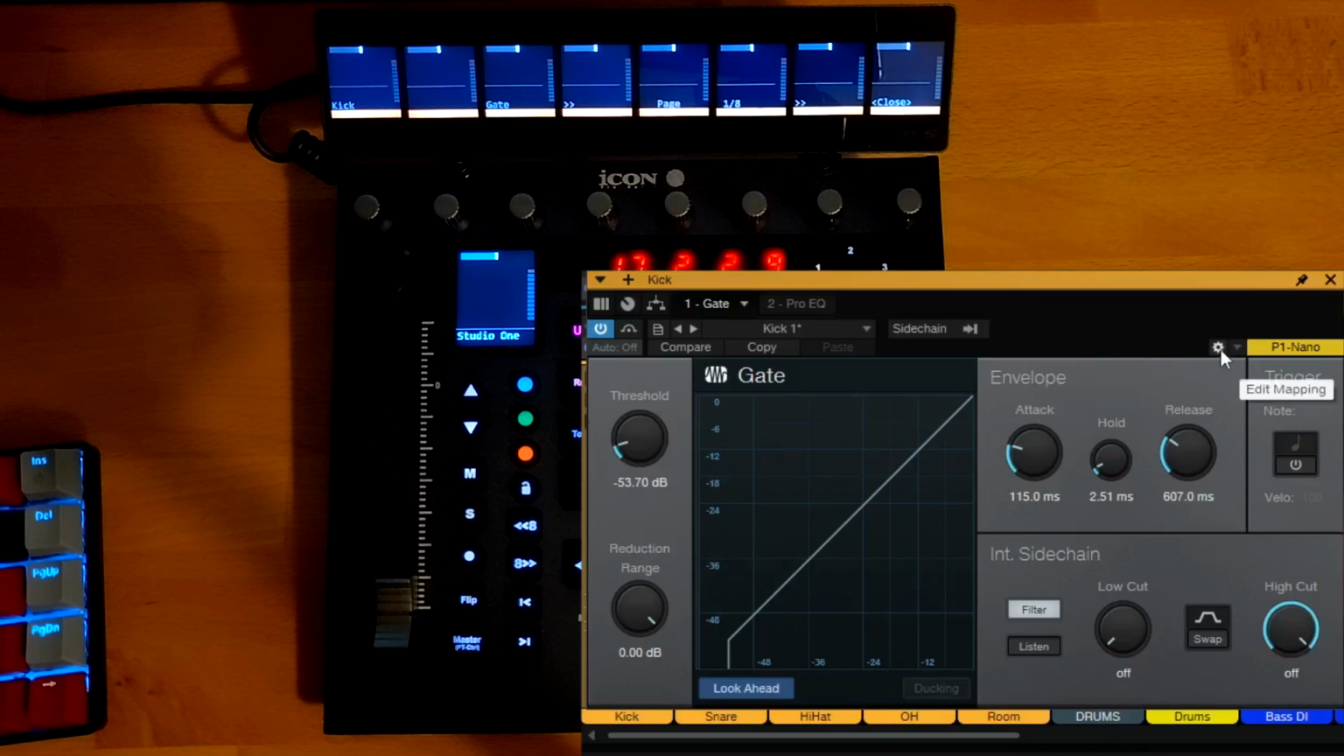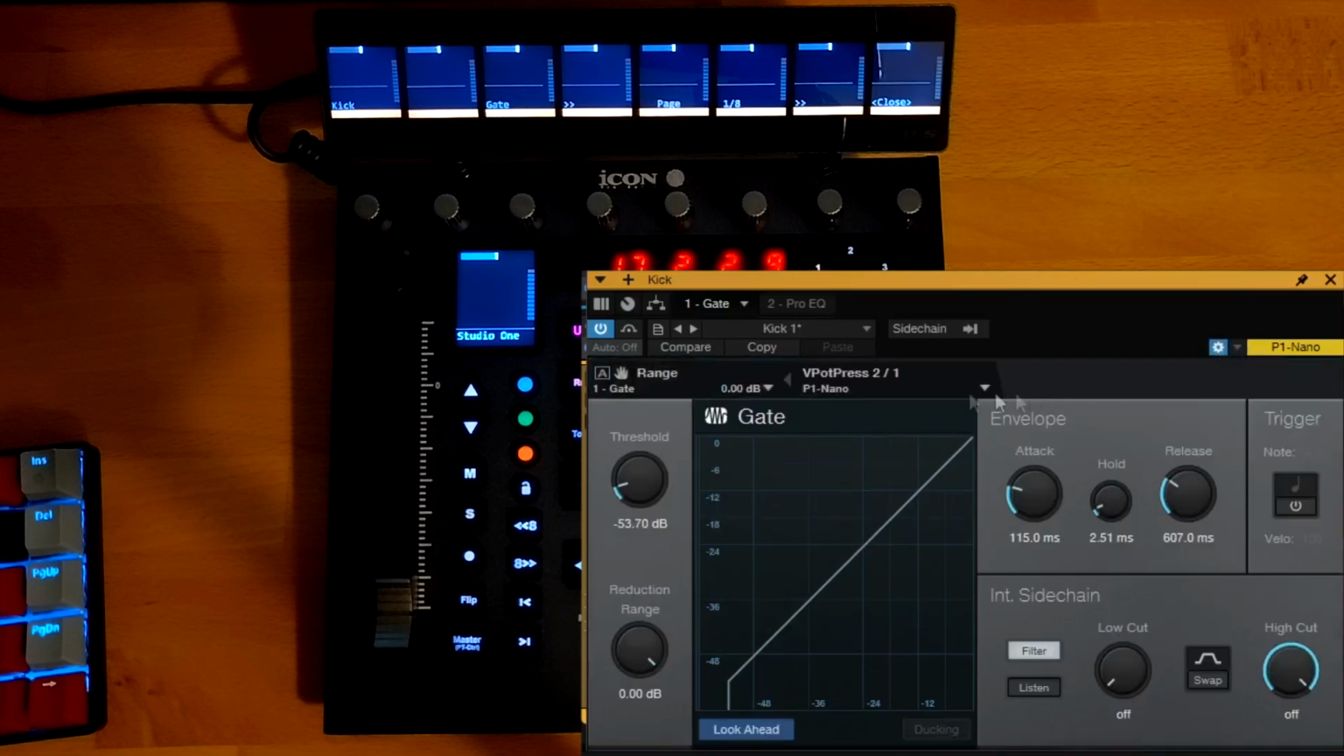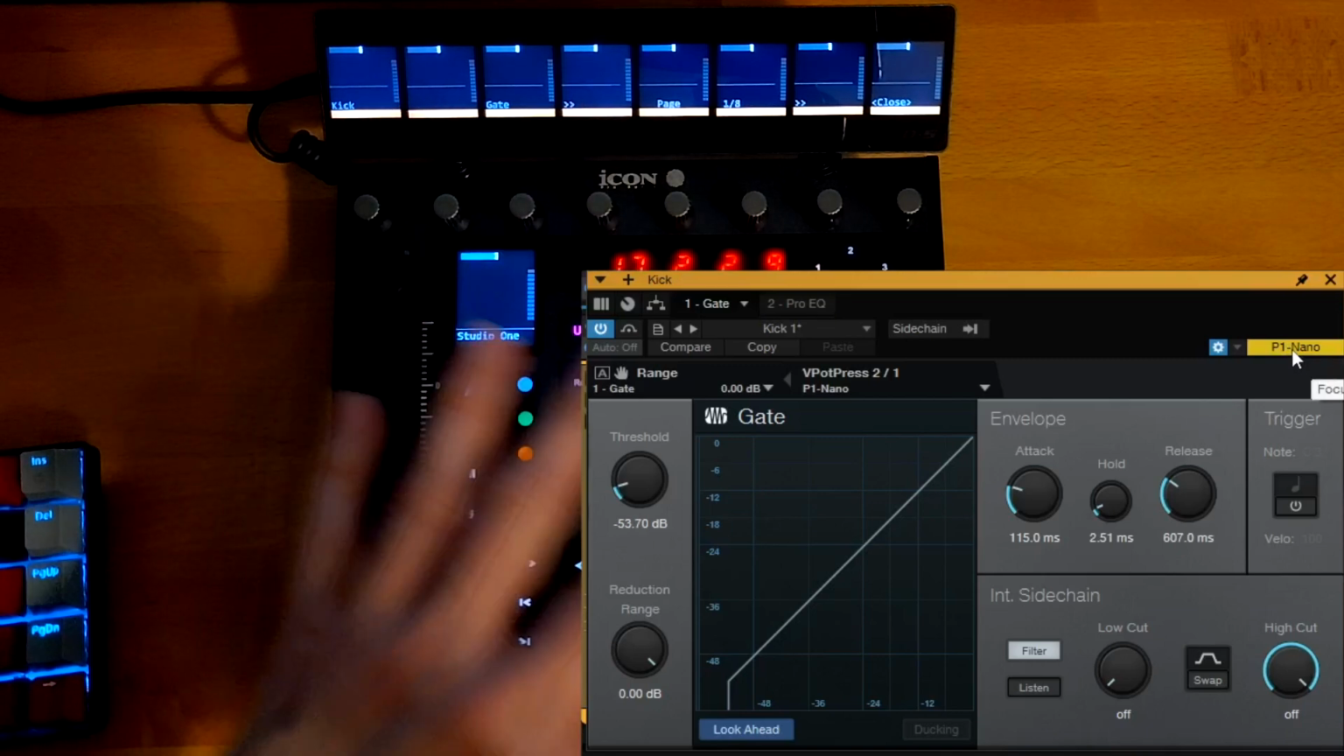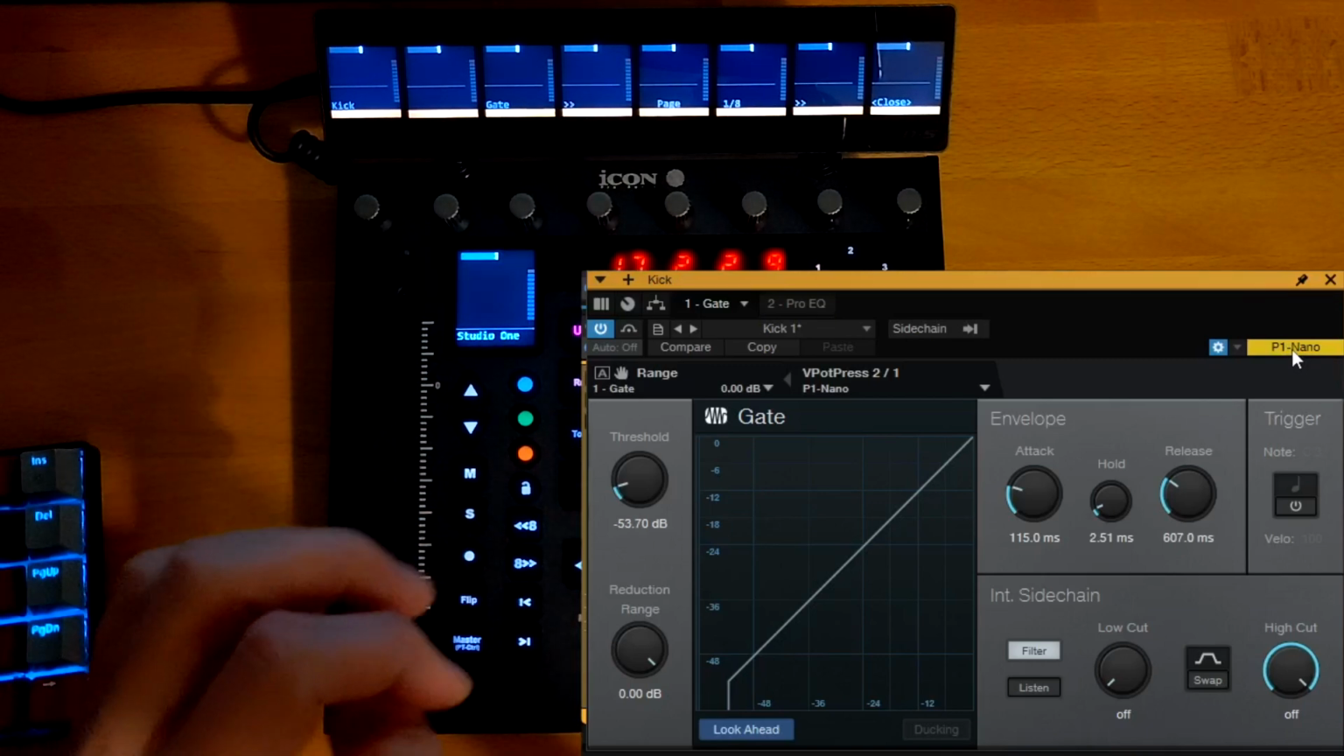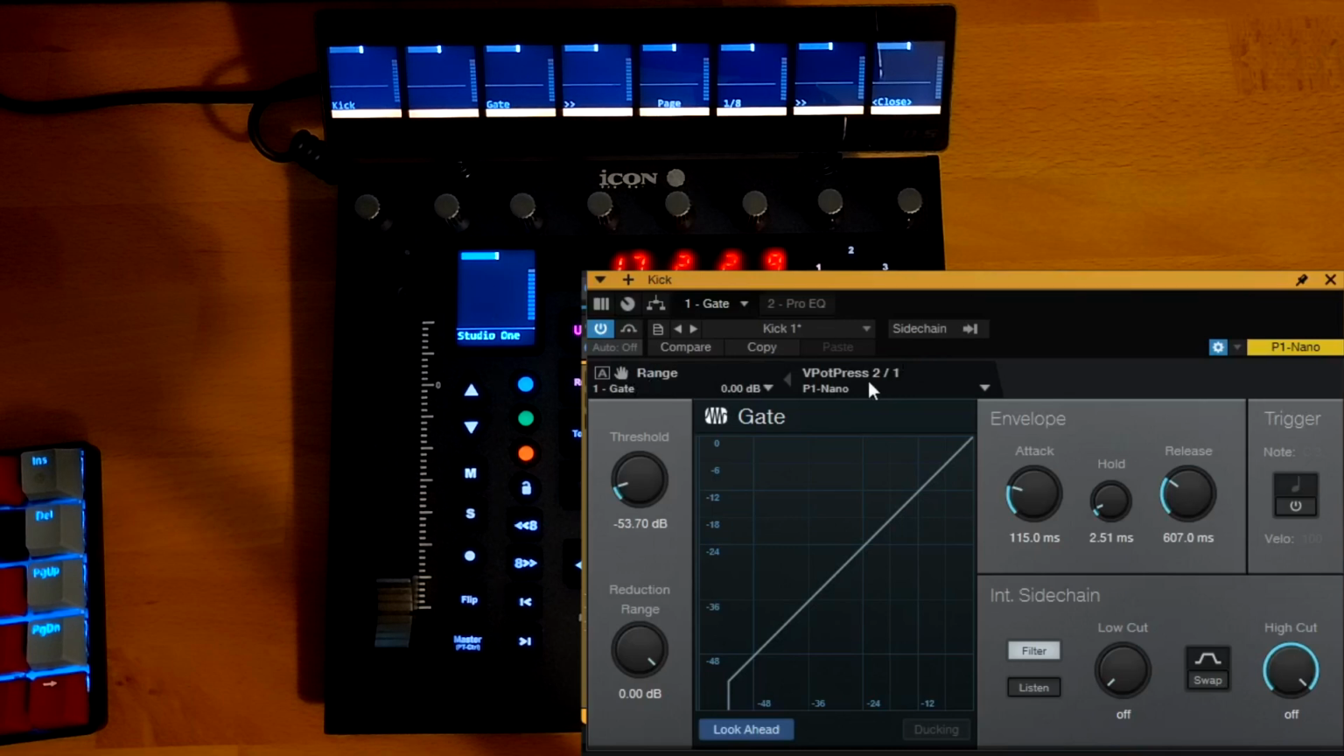button here and make sure it's blue and that this panel here is open. You also want to make sure that this says Nano. It usually will do if you've opened this plugin from the Nano device itself. So this panel here is where we're going to be connecting up the Nano controls to the parameters in the